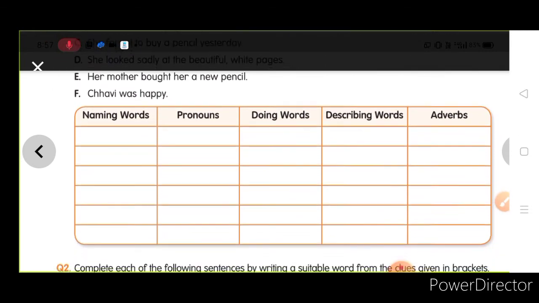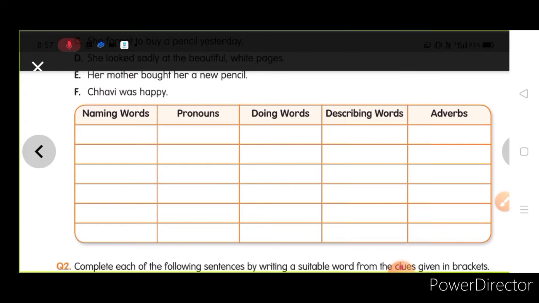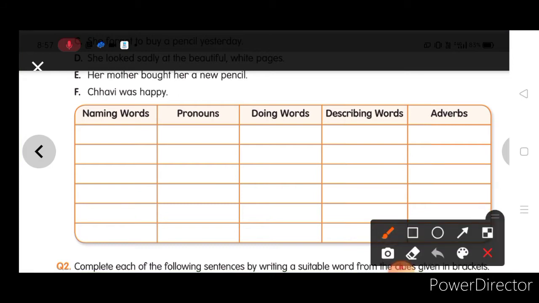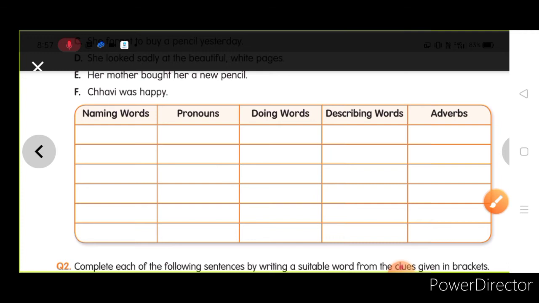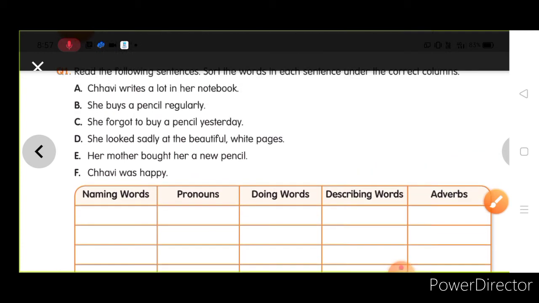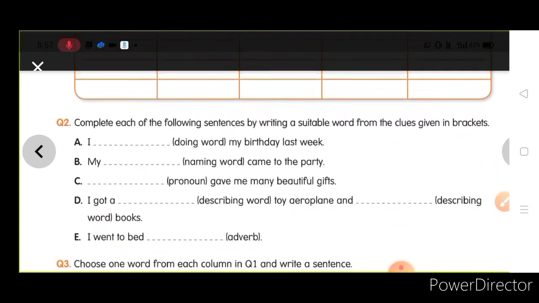So for that what you need to do is, before you start the work, you write down the alphabets here: A, B, C, D, E, F. Okay, after writing this, then you start writing in A. Already I have told you. B sentence you write down whichever things are here, I mean whichever words, parts of speech are you find in these sentences, those you should sort them out.